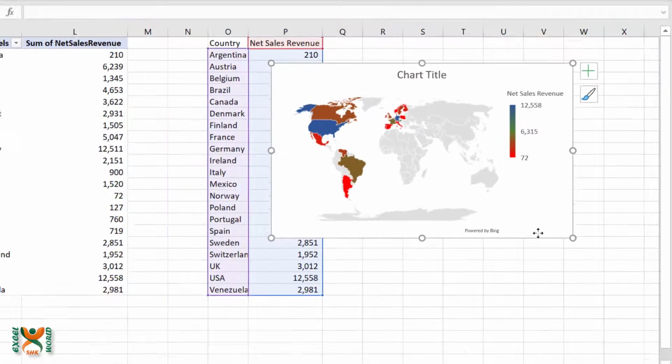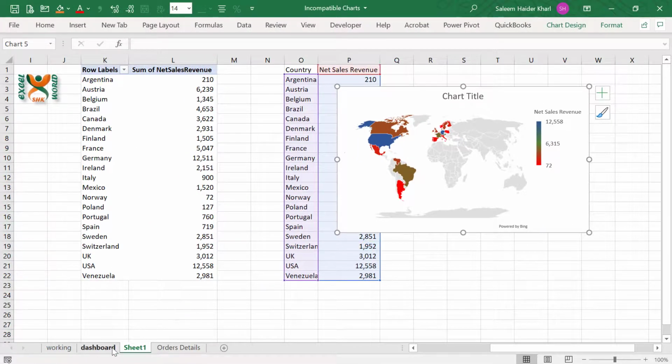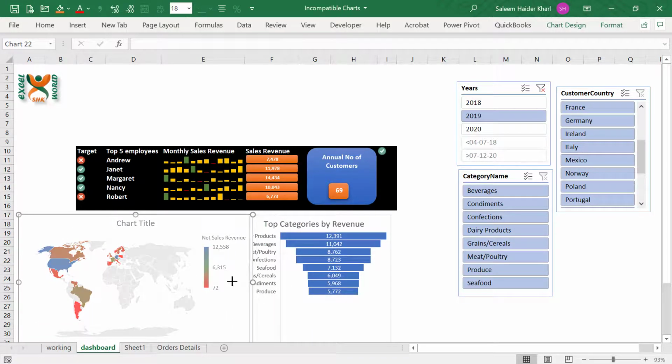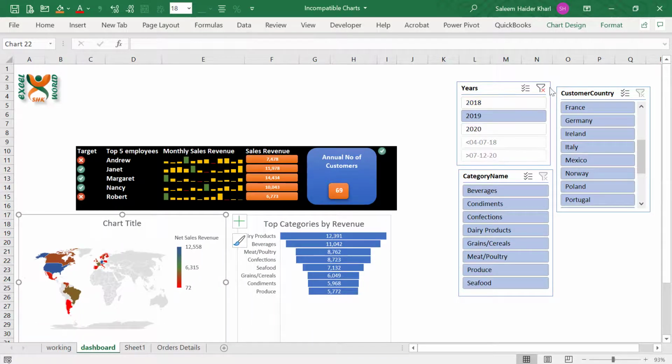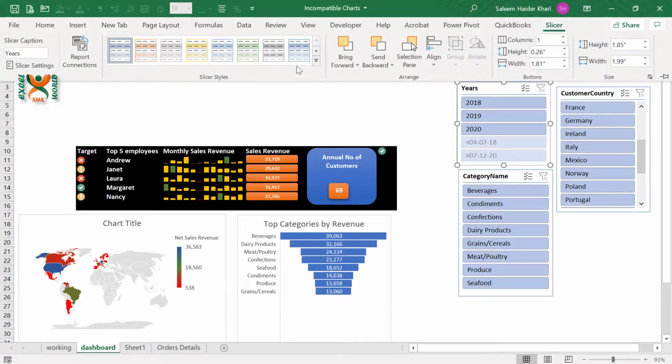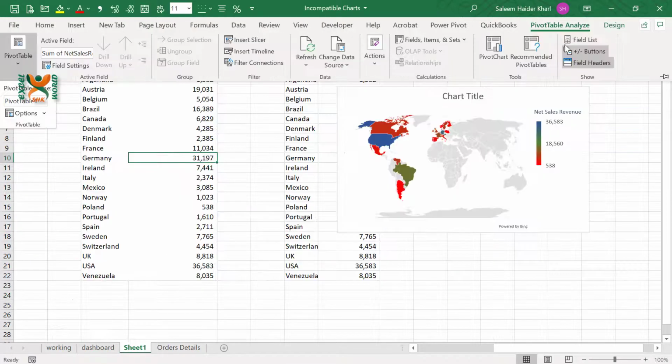We can also move this to our dashboard, and for seeing whether it is interactive or not, we will first have to update the links of slicers to our new pivot table. Click slicer, go to report connections. So it is pivot table number 4.